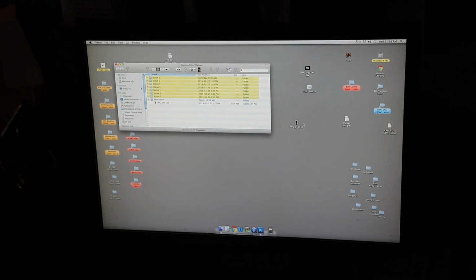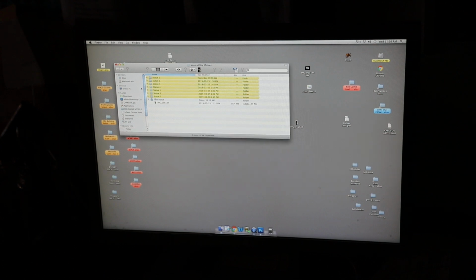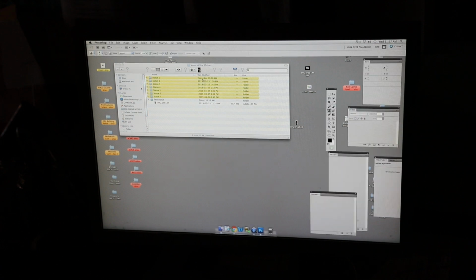Okay, so we're going to show how to do a black and white conversion and a shadow negative for gum over palladium, one color gum over palladium. So I'm going to pull out my image and bring it into Photoshop,